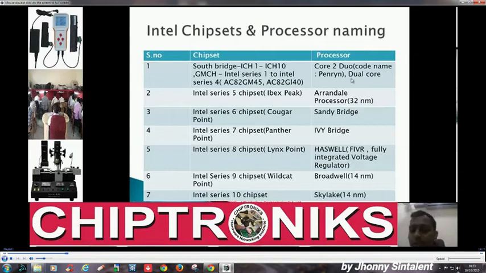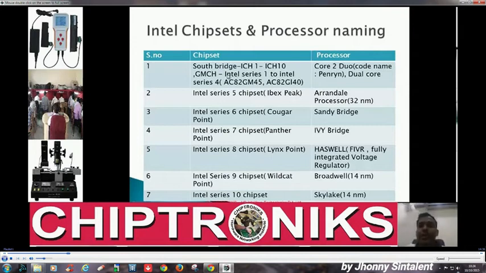So the Core 2 Duo, that is the Penryn processor, in that kind of board you will have two kinds of chipset on the notebook motherboard. One is North Bridge, another is South Bridge. South Bridge would be named ICH1 to ICH10, that is starting from ICH1, 2, 3, 4, 5, 6, 7, 8, 9 and 10. Whereas the North Bridge, if you want to see the data sheet of North